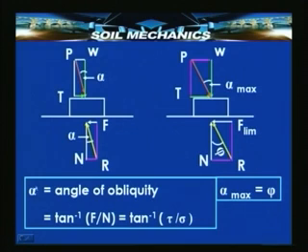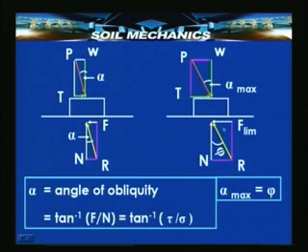Then this alpha is known as the angle of obliquity, and this serves as a condition representing failure. What is this angle alpha equal to? It is equal to tan inverse of phi, because alpha and phi are both equal. What is the tan of angle phi? It is nothing but F upon N, and therefore, we have alpha equal to tan inverse of tau upon sigma, because